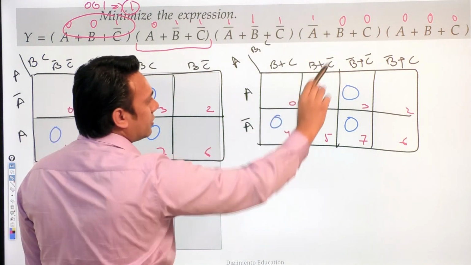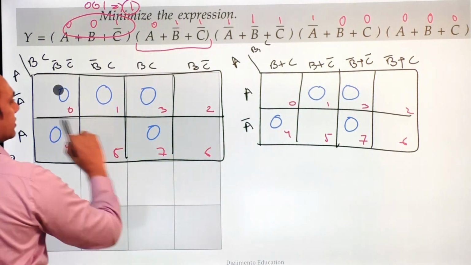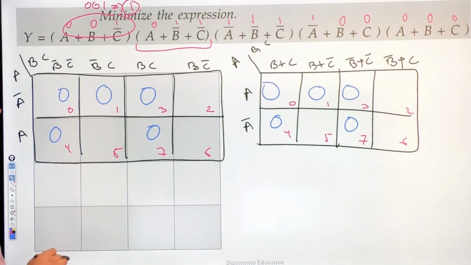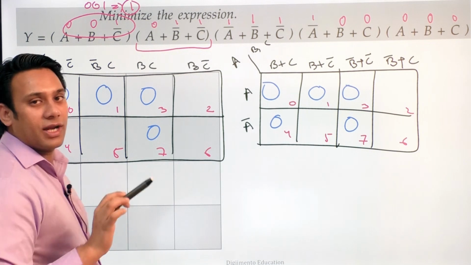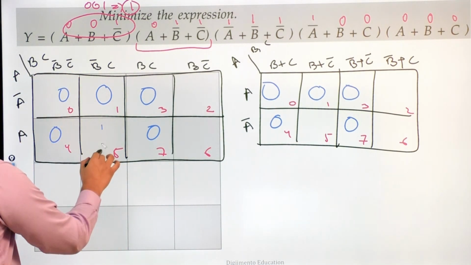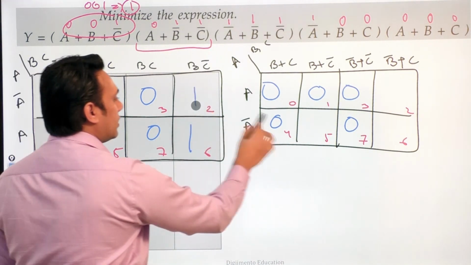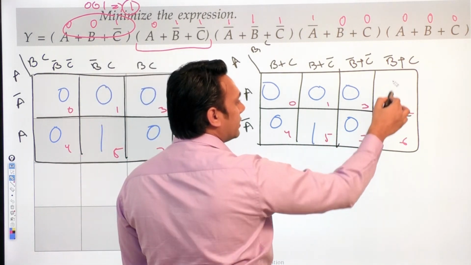And then we have 0 0 0, that means this location. So here you can see in these locations we are having a value 0, and in all other locations we are having a value 1. So here a value 1 will be there. This is 1, this is 1, this is 1, this is 1, and this is 1.